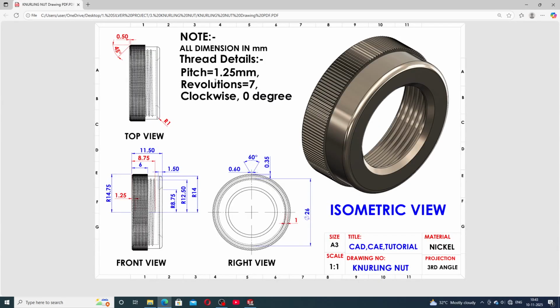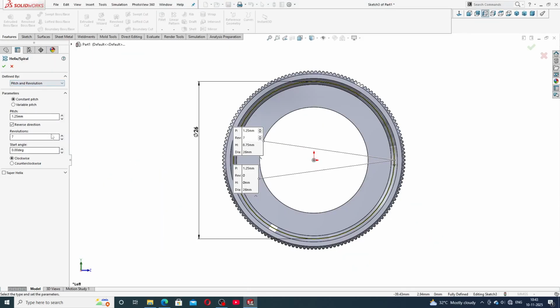This thread's pitch is 1.25 millimeter, revolution is 7, clockwise and 0 degree, and all is perfect looking here. Okay, click OK,